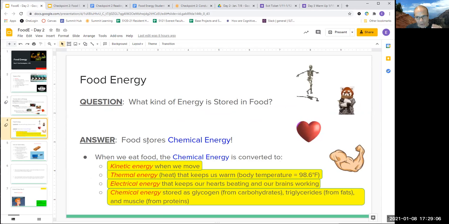But then just to relate this back to how food energy plays into this, food energy is actually just a form of chemical energy. The energy that's stored in food is stored in the chemical bonds within the food that we eat. And then when we eat it, this chemical energy gets converted to these other forms of energy, which are necessary for our survival. So after reviewing this,